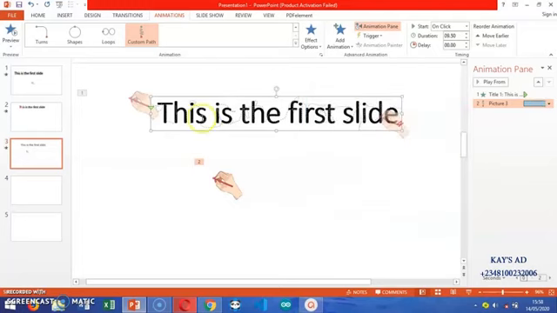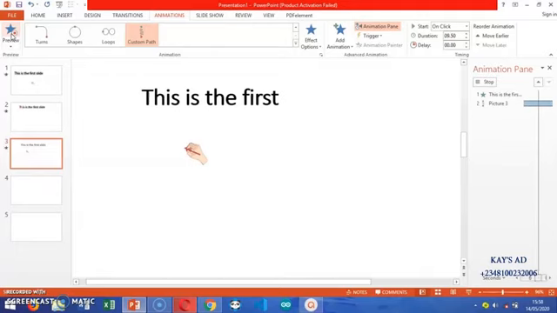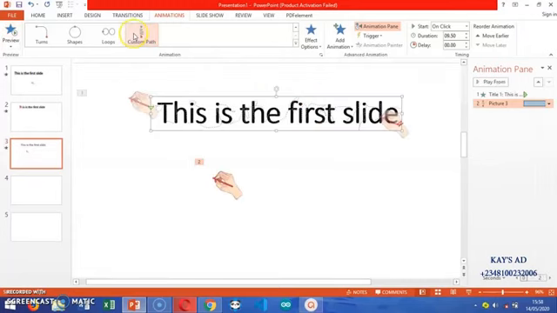Now we've done that. Let us preview what we just did. Probably it's going to make it or not. Look at that. The text is still not coming up very fine. The hand and the text are not coming in very fine.